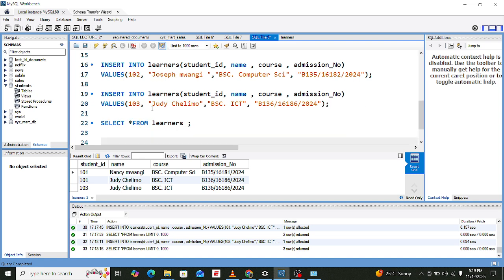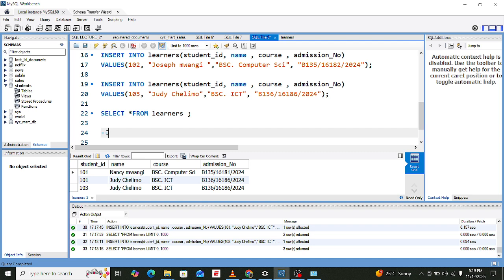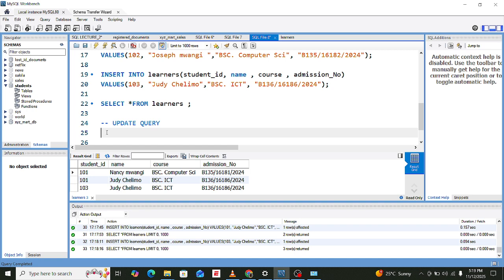Let's say maybe we want to update the course name for Judy Chelimo. So how do we do that? This is an update query. So how do we do it? We say update, we specify the table that is learners. Then we are going to set course. Course is equals to